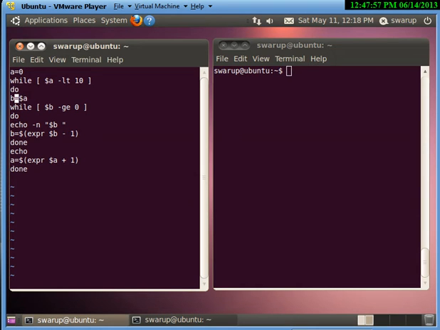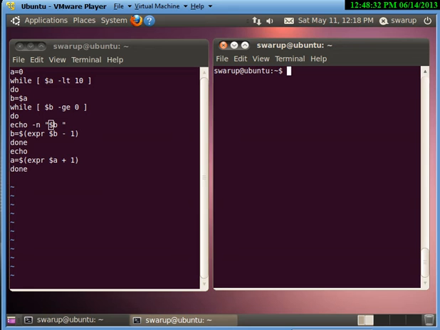We have declared another variable called b, which is initialized with the value of a, which also makes b 0. This is the next while loop, the inner while loop, where b is compared with 0 for greater than or equal to. It's not greater than, but it is equal to 0, so it enters the inner while loop. It would print the value of b. Before we continue the explanation, let me simultaneously show how the output would look.